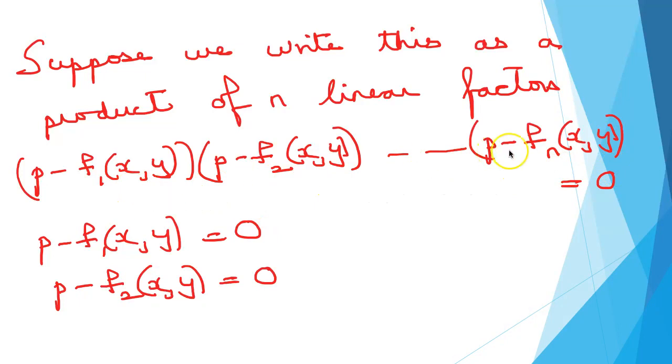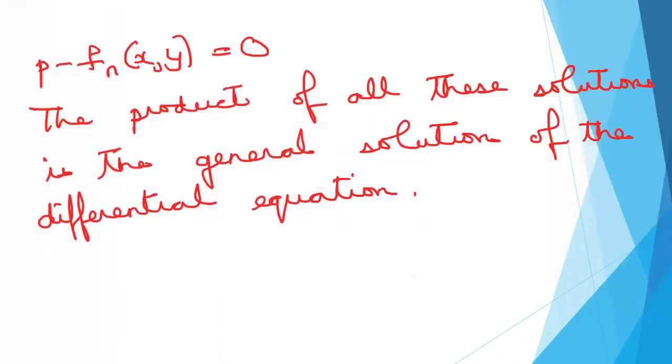So when you have the product of n terms as 0, what does that mean? Either one of the terms has to be 0 or all of the terms have to be 0. So I have p minus f1 xy equal to 0, or p minus f2 xy equal to 0, or p minus fn xy equal to 0. So what have we done? We have factored this into n factors, and the product of all these solutions is the general solution of the